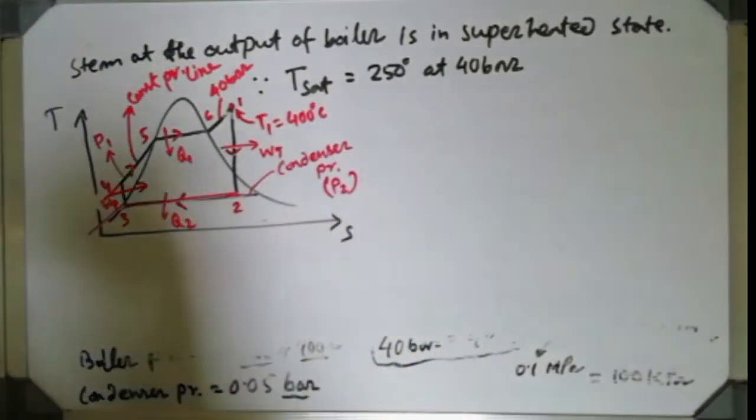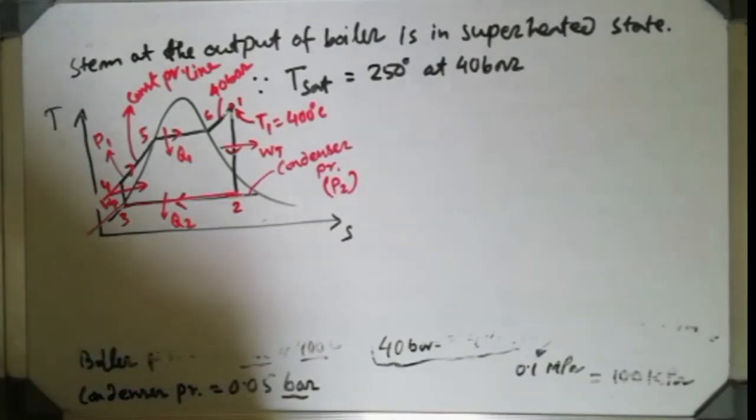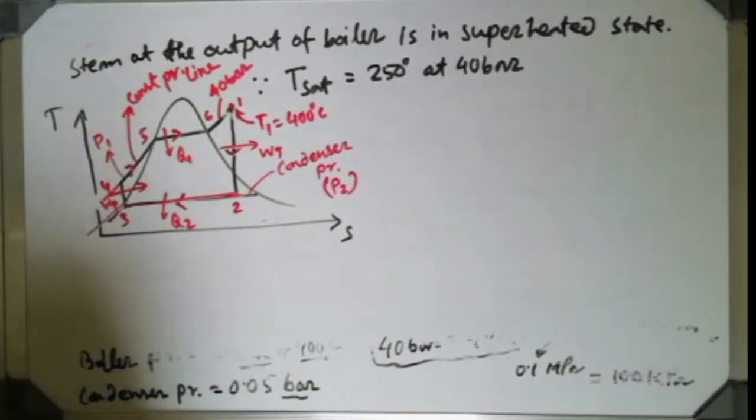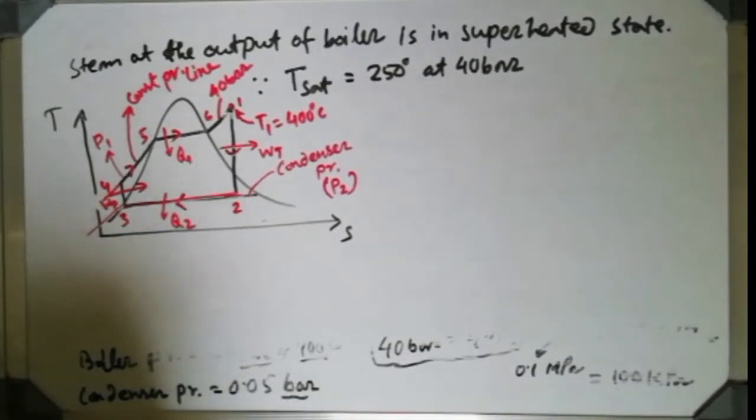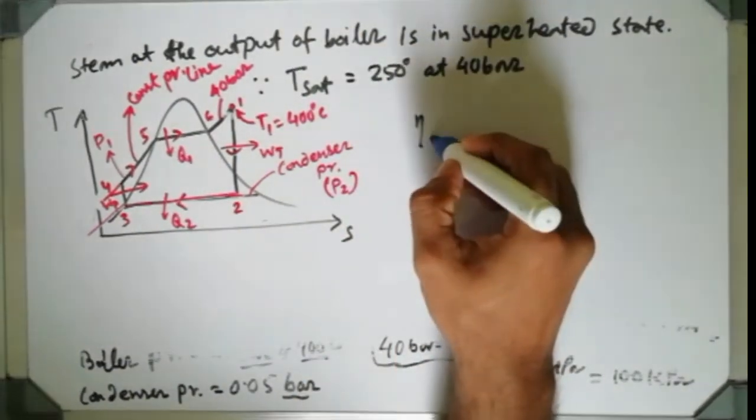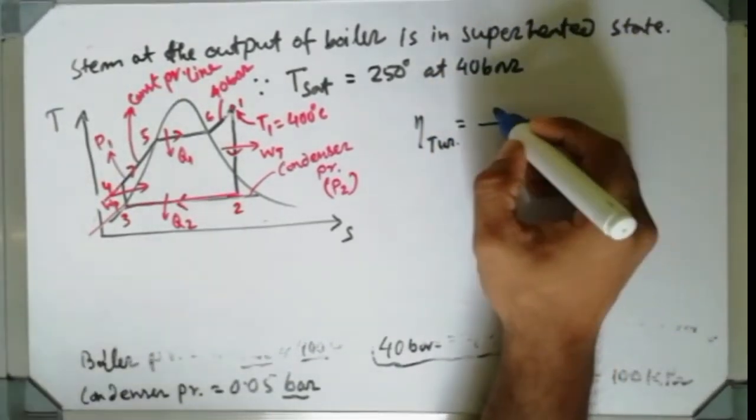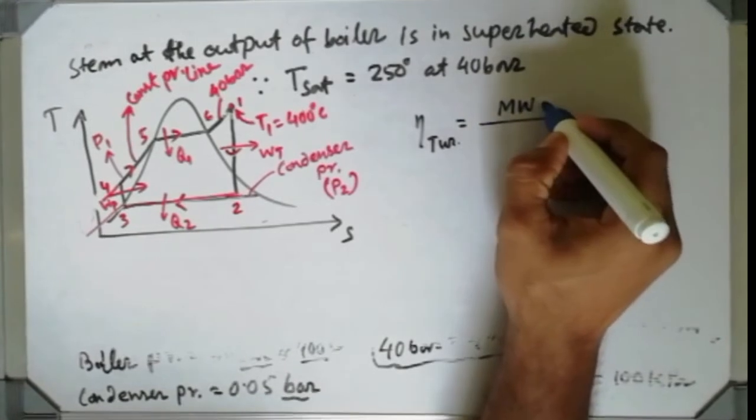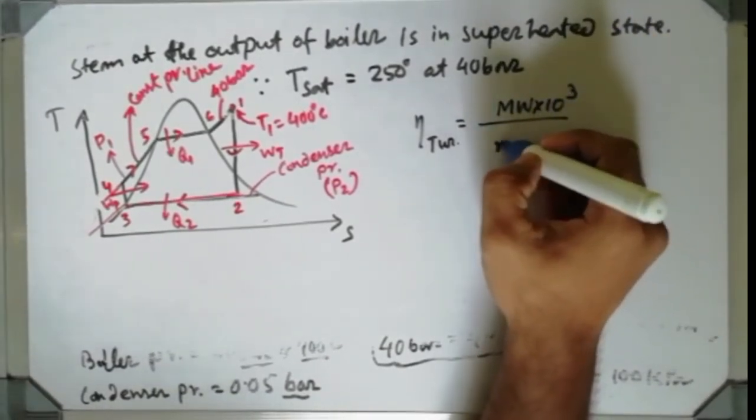Now first I have to find out the mass flow rate of the steam. The mass flow rate of steam can be found if you use those efficiency relationships. See, one efficiency is given, eta turbine. Eta turbine expression we have written like megawatt in 10 to the power 3 divided by, you can see the